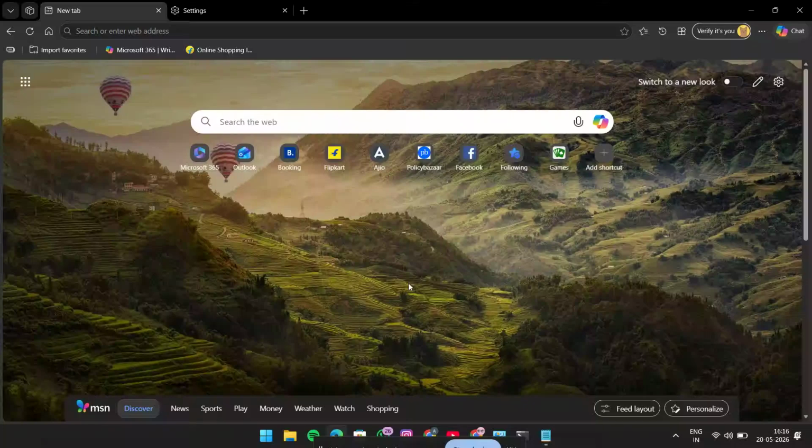In today's video, I'm going to show you how to clear download history when you close Microsoft Edge. This is a really useful setting if you want to keep your browser a little more private and make sure your download history doesn't stay saved after you exit the browser. It only takes a few seconds, and once you turn it on, Edge will automatically handle it for you in